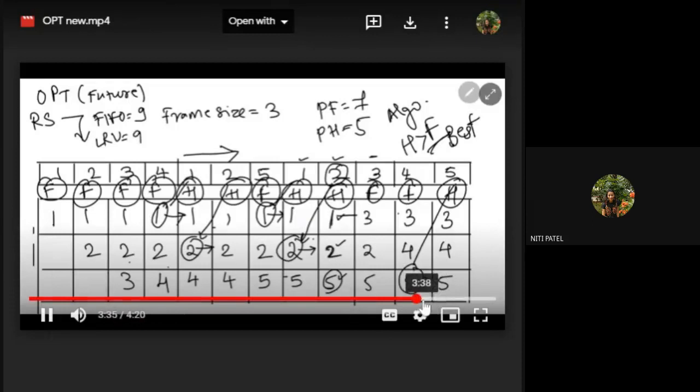The page faults were 9. In FIFO, the hits were 3, and in LRU also the hits were 3. I made a mistake over here, which I have already explained to you. So FIFO's hits are 3, LRU's hits are 3, optimal's hits are 5. Therefore, the hits are greater than the number of faults if we compare only with this, and hence we select optimal as best for this reference string. Okay.